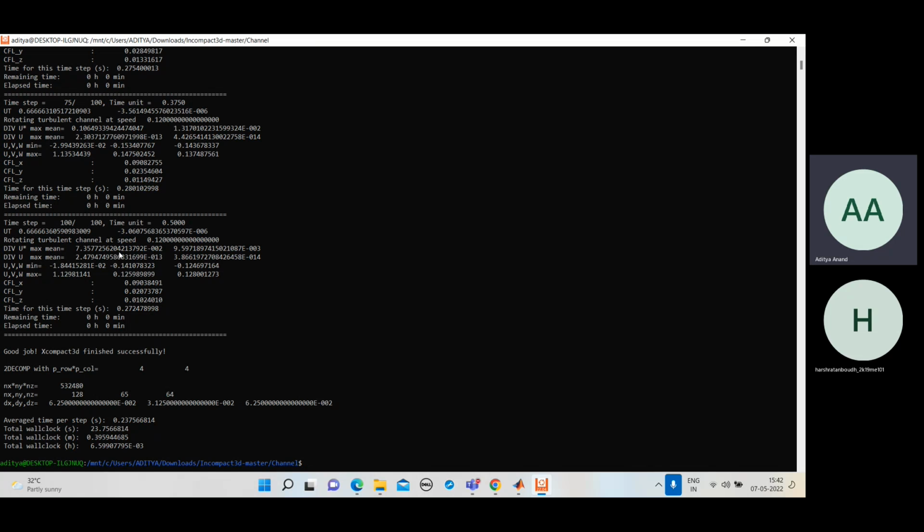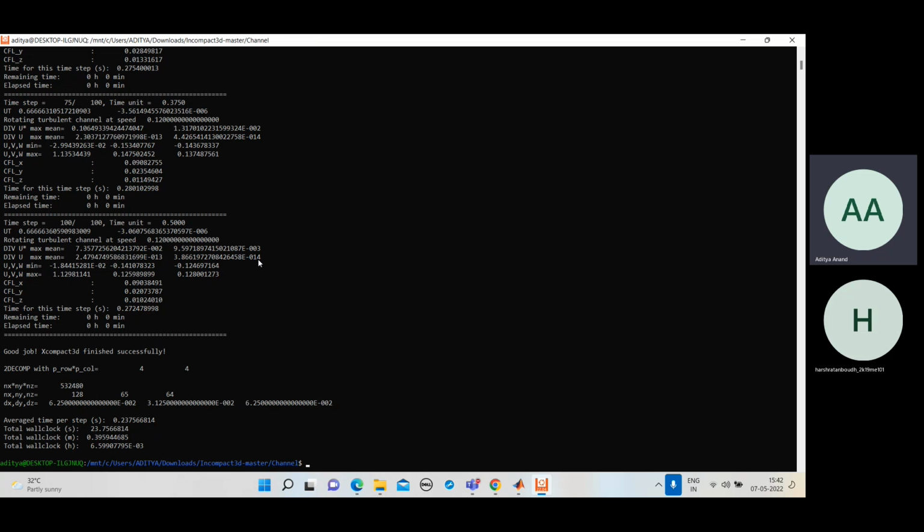You see these divergences. At each solution step, whenever it prints these out, it plots the divergence in U star. U star is the velocity before correcting, and after correction, the velocities that you get, it calculates the divergence in U. So the divergences are of the order of -13 and -14,